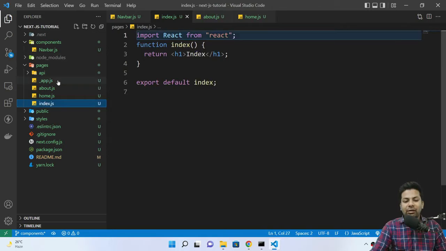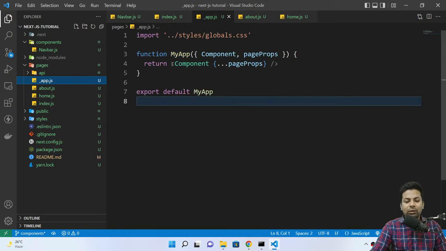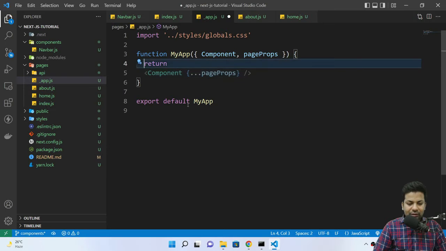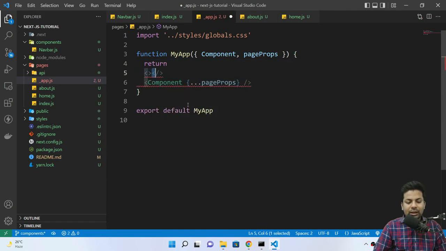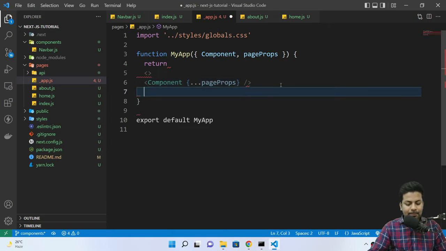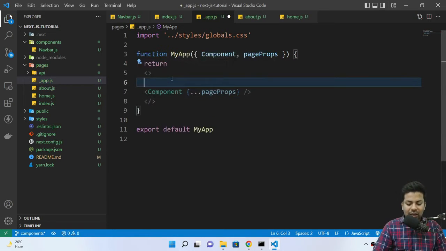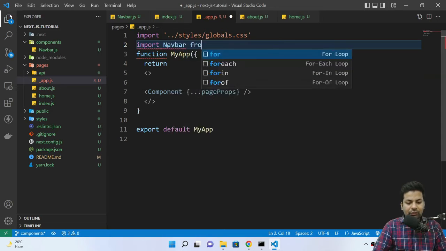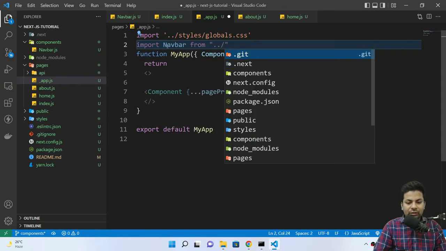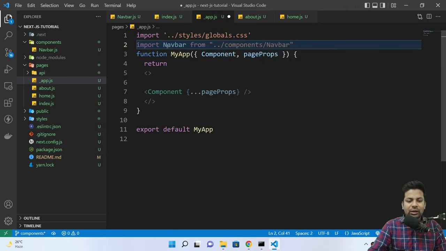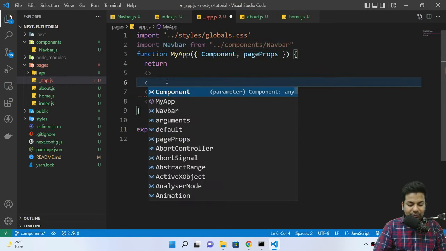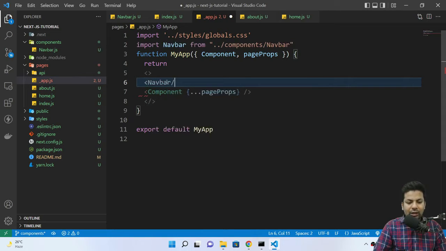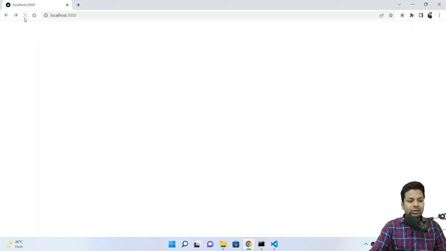I'll go to the main entry file, because all the components are rendered from here only. I will first make it an opening and closing tag. Now I will put a nav bar here. Before that we have to import, sorry guys, so we'll say import NavBar from /component/navbar. Now here I will just say NavBar. Okay, we are done. Now if I refresh again,